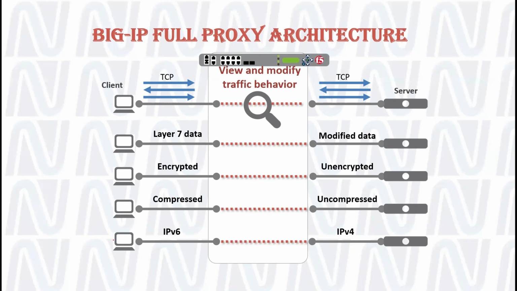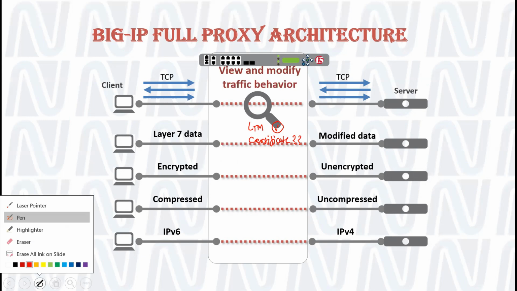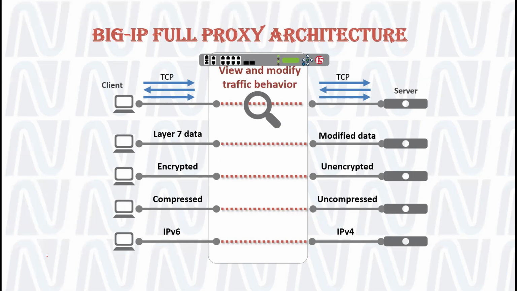So view the traffic, in the sense of reading the packet. Reading the packet is done by WAF, not by the proxy? No, no, don't get confused. Your F5 LTM is also able to read the traffic. Otherwise, why do you use a certificate? What is the use of a certificate? Getting my point? So it's not only WAF. WAF only does, as I would say, layer 7 protection.